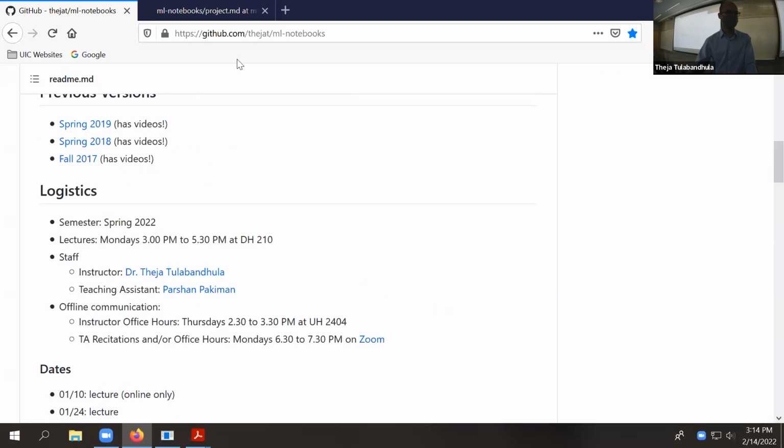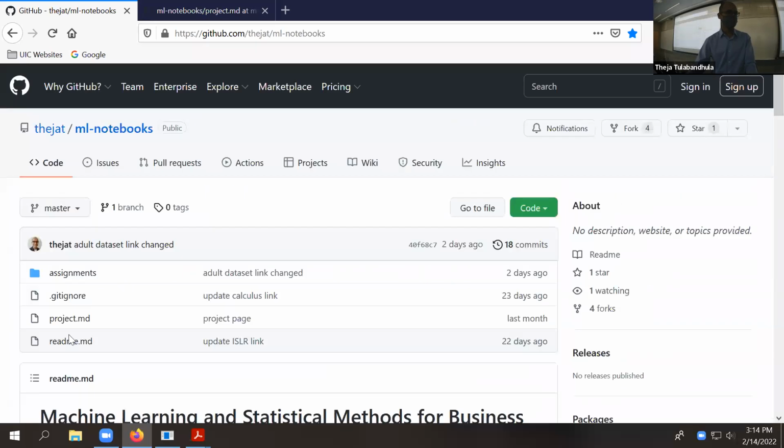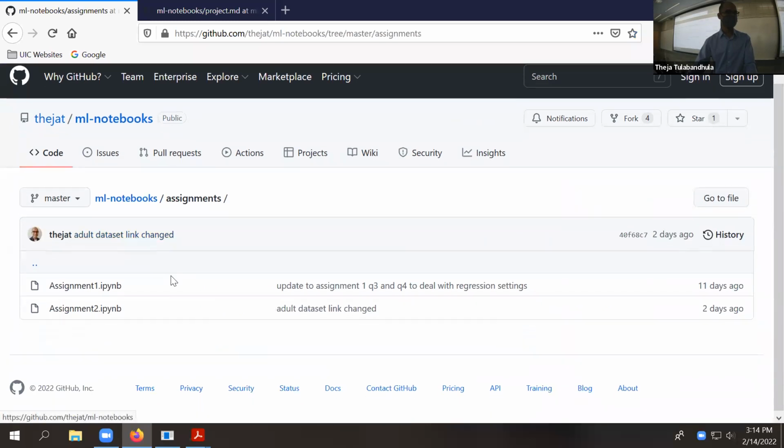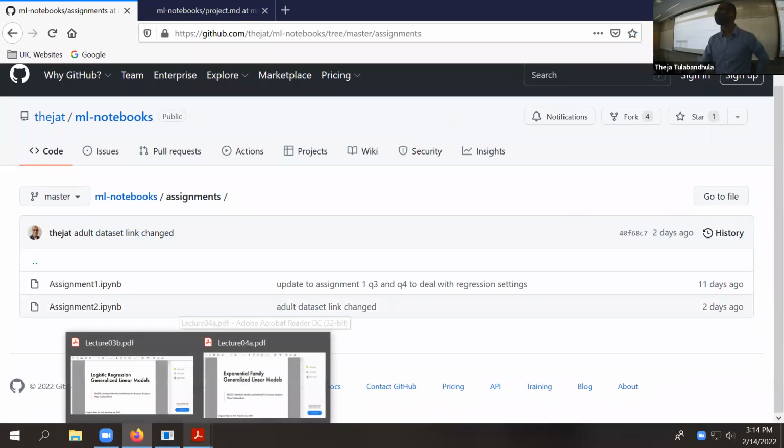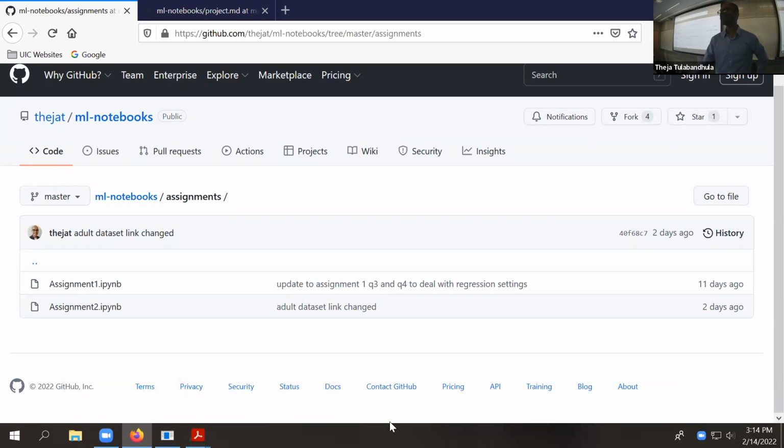So let me actually go back to assignments. No questions about assignment 1, I presume, at the moment. If there are any, you can always email me or the TA. Of course, you may not have a question right now, but you can always email us. Don't be afraid to contact teaching staff. You are in the learning mode.